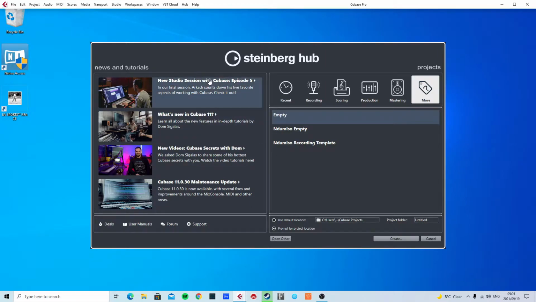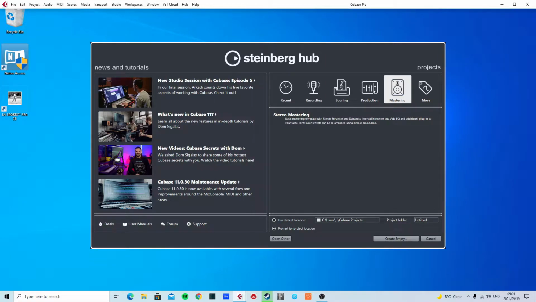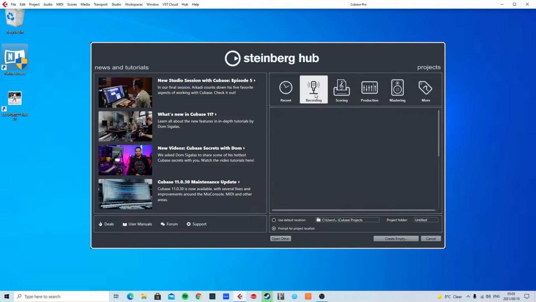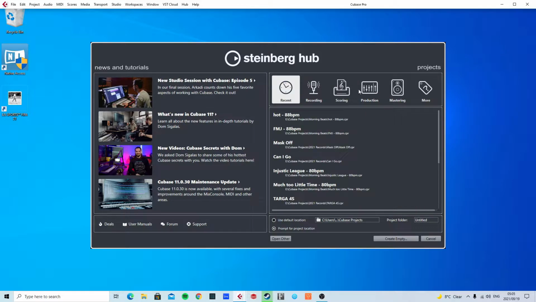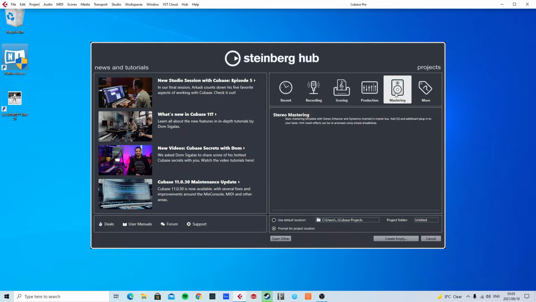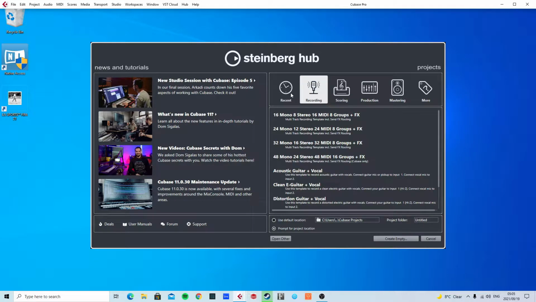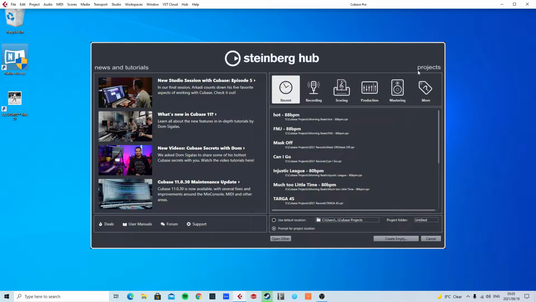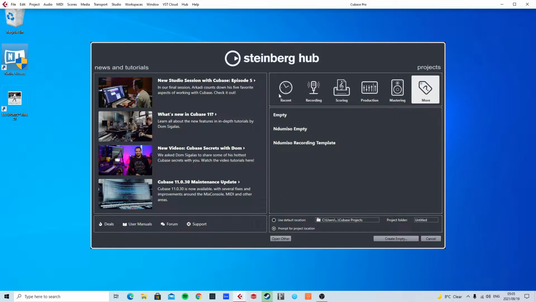If you see on the left, this is where you find all your news, the stories of updates or tutorials or tips that you might find from the Cubase website. Over here, you've got some tabs of templates that you might be interested in using, maybe if you just want to try it out and have a look at what these templates are doing. And these are your recent projects, but I like to go here to more and just click on empty and